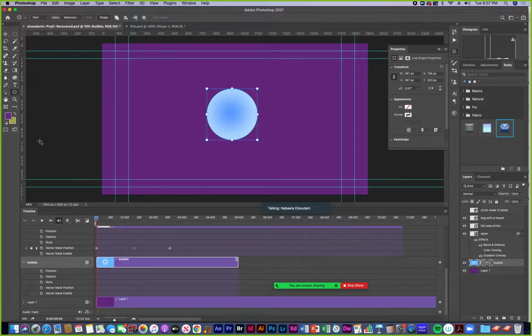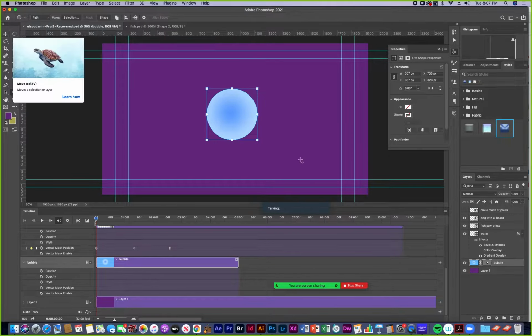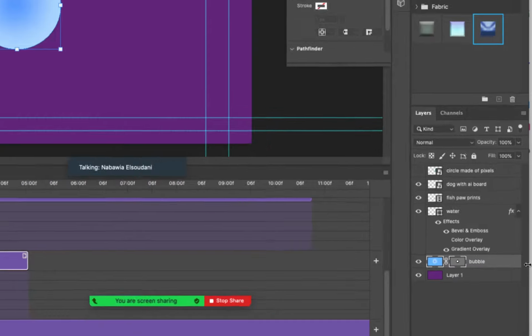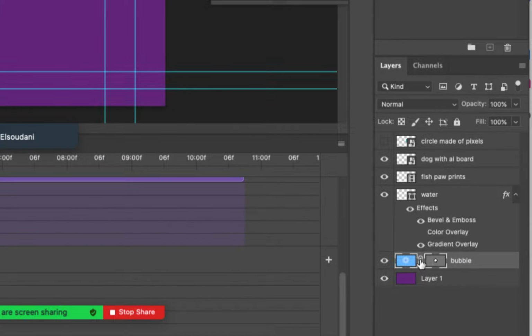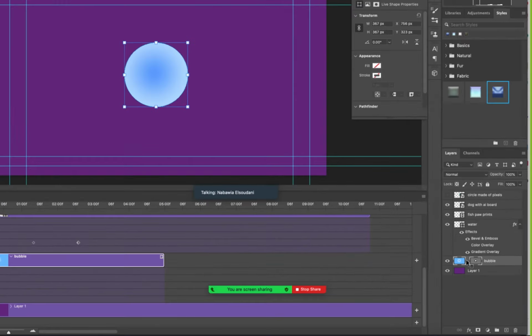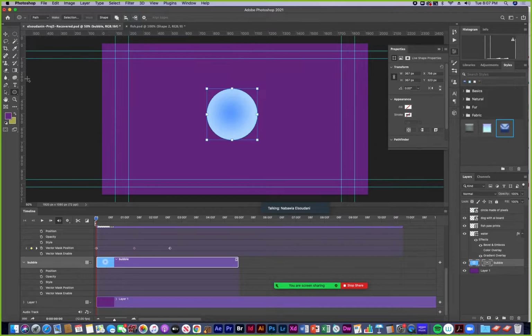If I unlink the mask, I'm going to click the link off. Then I could use my move tool to select just the, let's see. See, I can move the color within the shape.